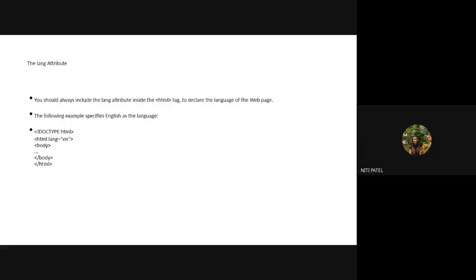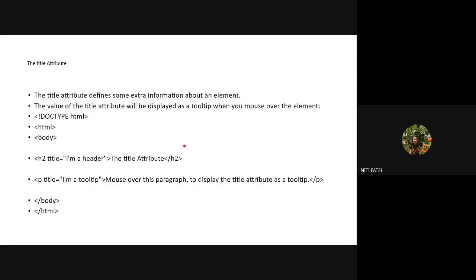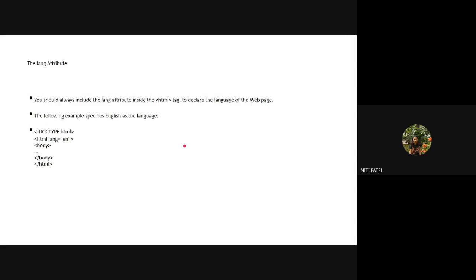Now next is the language attribute. Two more attributes and then we'll stop for the day. What is this language attribute? You should always include the language attribute inside the HTML tag to declare the language for the web page.